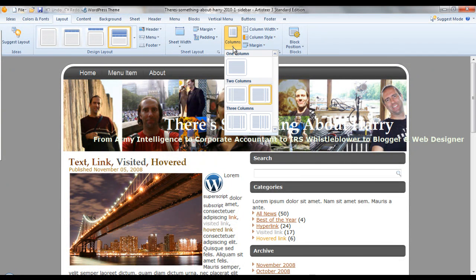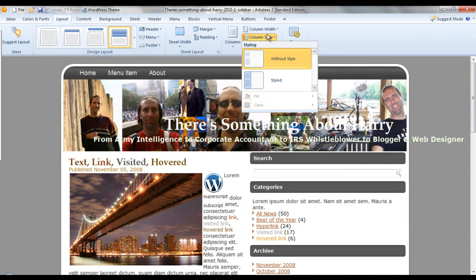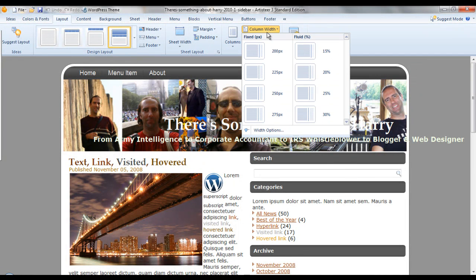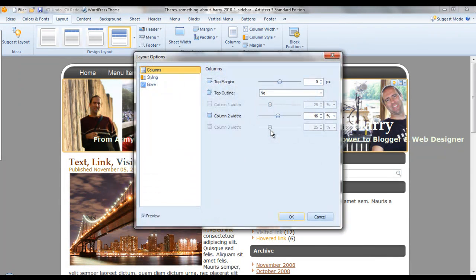Now in this case, I've got the full version of Artisteer, and that gives me some extra capabilities that the basic version of Artisteer doesn't necessarily provide. I could go with some of the defaults. If I wanted a fluid theme, I could choose a percentage, or I could go with the fixed width, or I could come into width options since I do have the full version. And I point that out not to brag or anything like that, it's just to show you some of the differences between the full and the